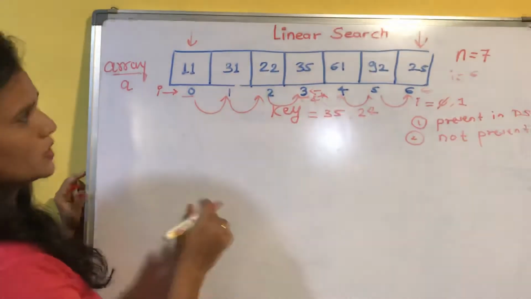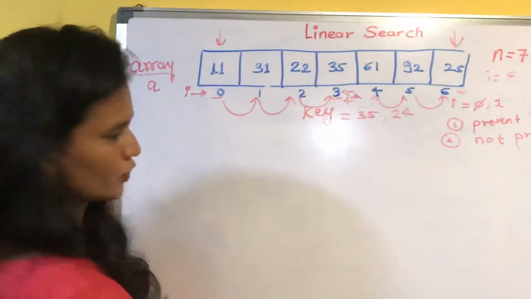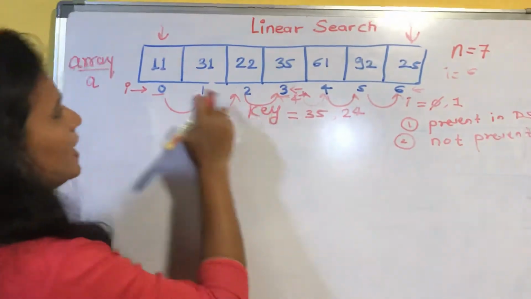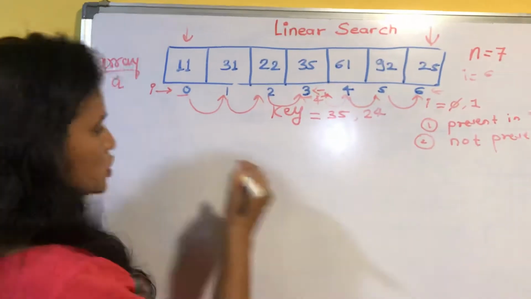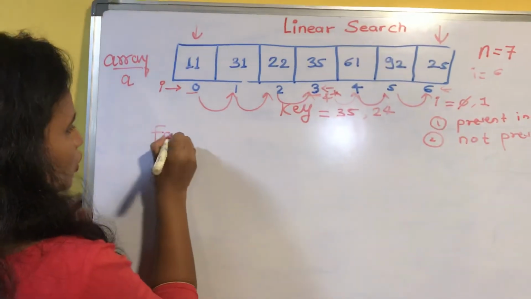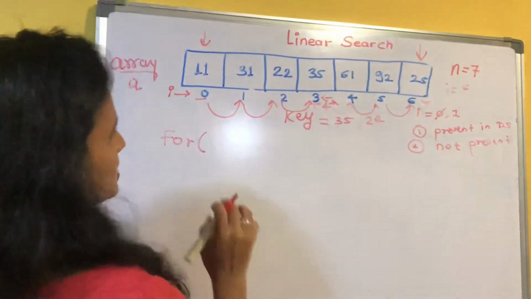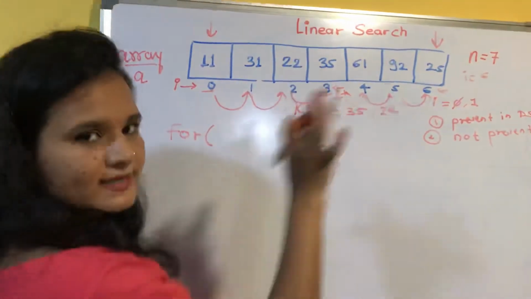Now we'll see the piece of code in C language for this working principle of linear search. What are we doing here? We are repeatedly comparing this key element with the elements in the data structure, which means we are doing repetition. So for that we are going to use the for loop, for indices, because I can't access elements directly from the given data structure, I have to use its indices.